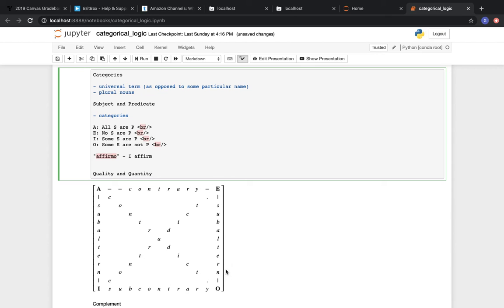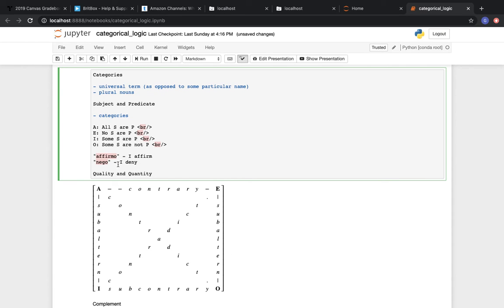And the E and the O come from the Latin word nego, which means I deny. Right? Think of negate. So you can see how in the first word there's an A and an I, and then in the second word there's an E and an O. In fact, the O is just a kind of first-person singular ending, but it's the only other vowel we have in I deny, so we need to use it for this type of claim.